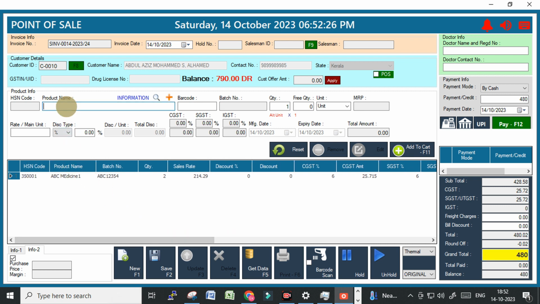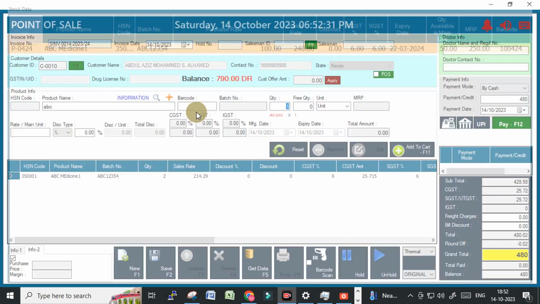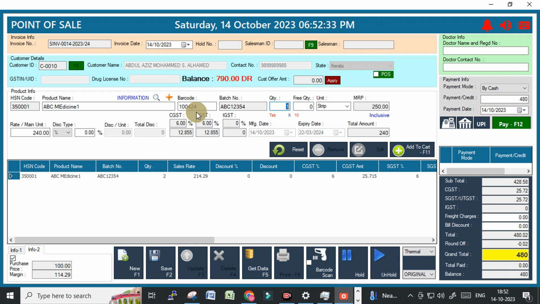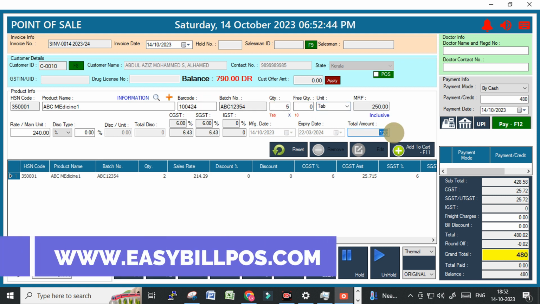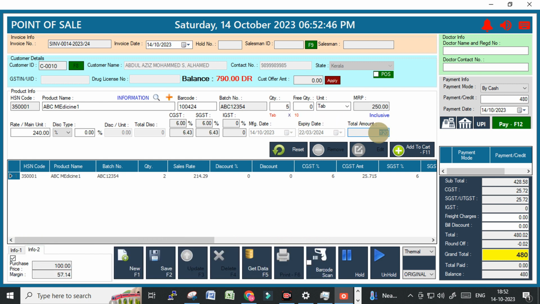And the same medicine ABC, you also wanted to add some loose quantity like 5 tabs. Just click on the tab button and use the down key. So if you are using 5 tabs, 1 strip has 10 pieces and that will cost you 240 rupees. 5 tabs if you are taking, it will cost you only 120. That is added. Okay, so it automatically adjusts the quantity to 2.5. So the total amount is 60. Alright,